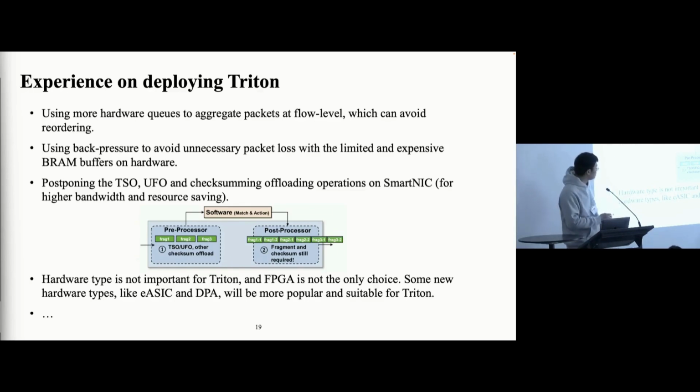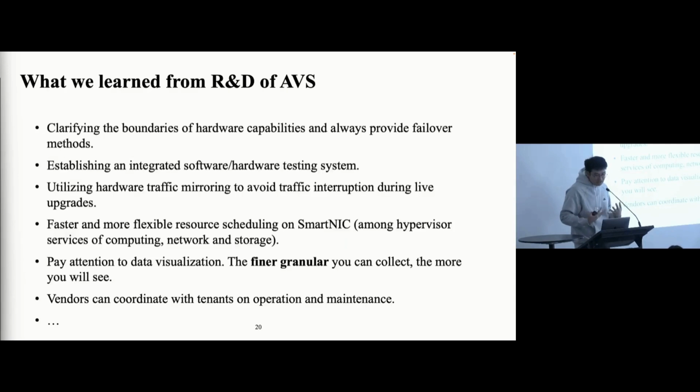And what we learned from the years of maintaining AVS. The first is that the hardware team should always clarify the boundaries of the hardware capabilities so that we can provide a failover method. And if you establish an independent team for testing, that can guarantee the overall system's quality, both the software and hardware. For live upgrade, the hardware traffic mirror can help to avoid the traffic interruption during